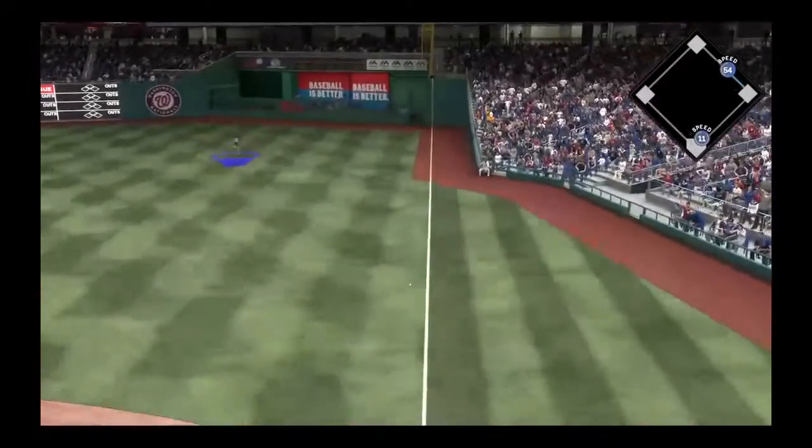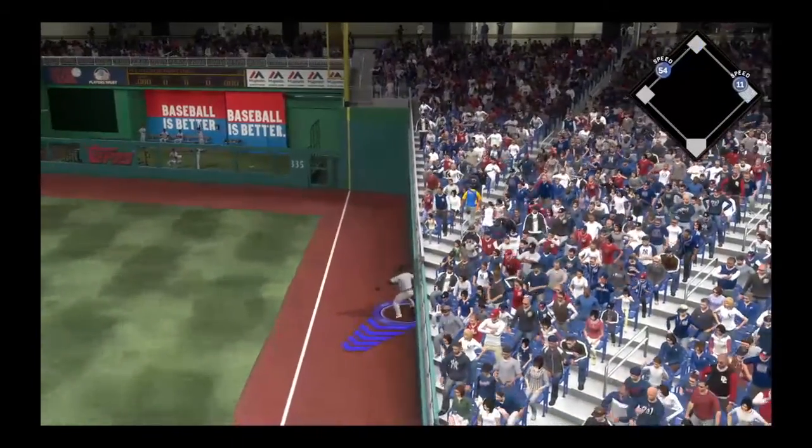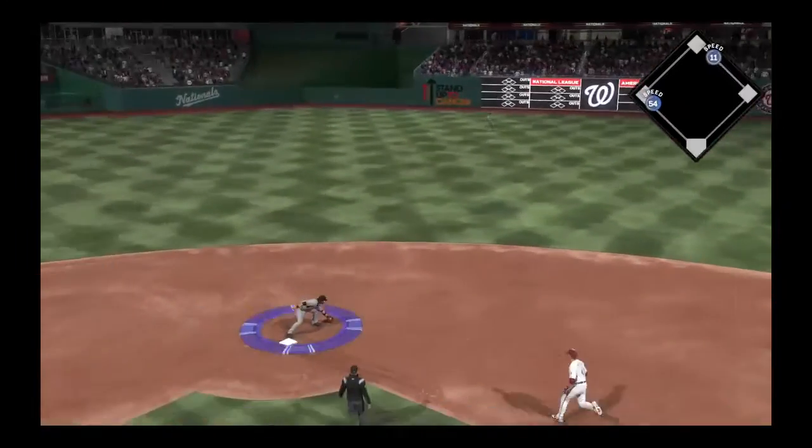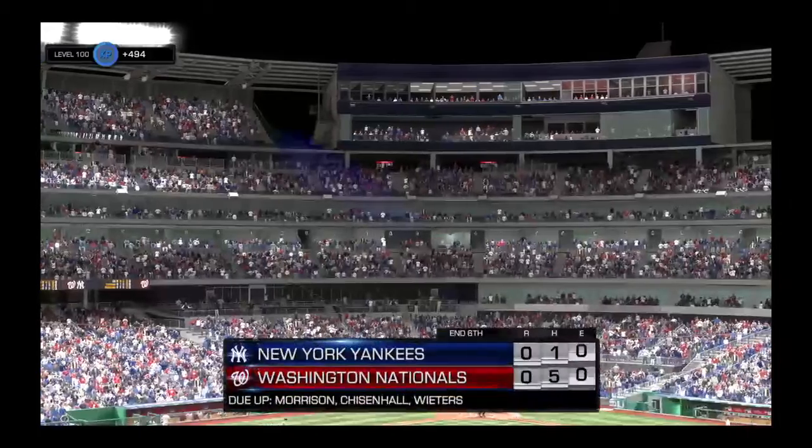A shot down the first baseline. And a backhanded reach at first, but he can't flag it down. Throwing to second, Rendon is on his way home. The tag, and they'll get him at second. And with that,